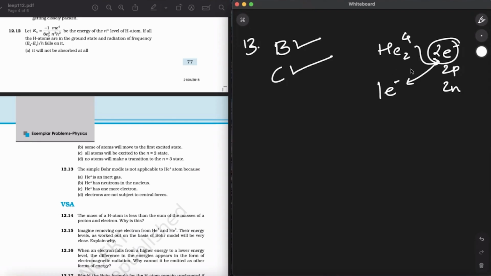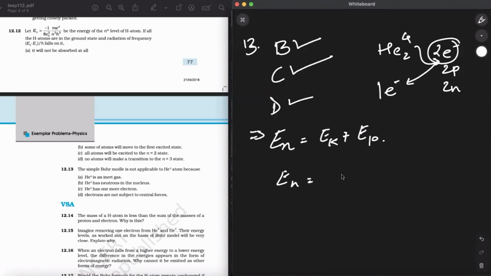Let me write something over here to prove option D correct. The statement is correct because for a one electron system, electronic energy is the sum of its kinetic as well as potential energy, so I can write it as E kinetic plus E potential. For a two electron system, there is an additional potential energy from the interaction between the two